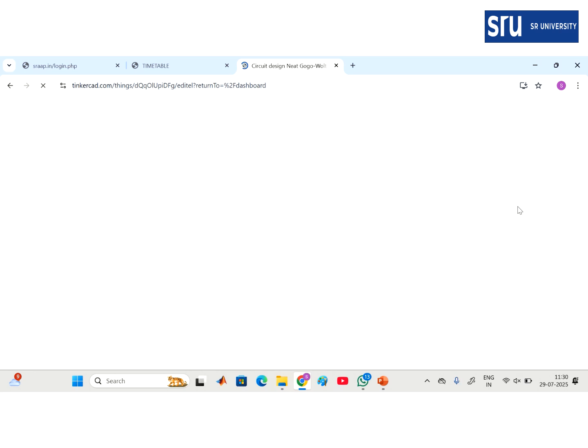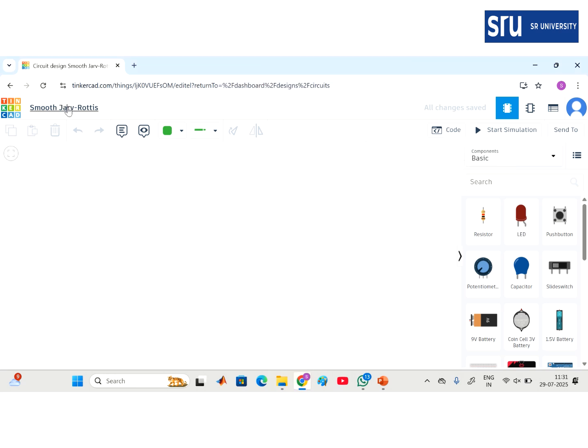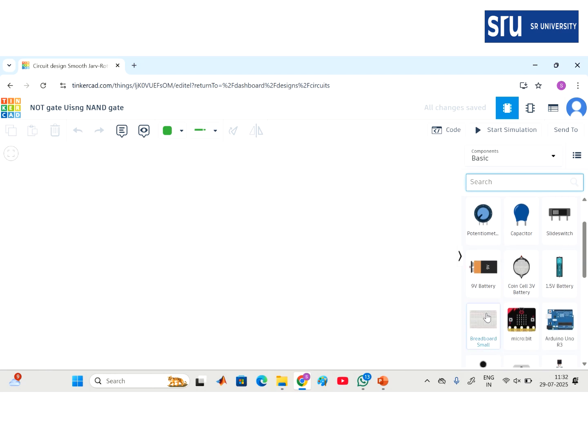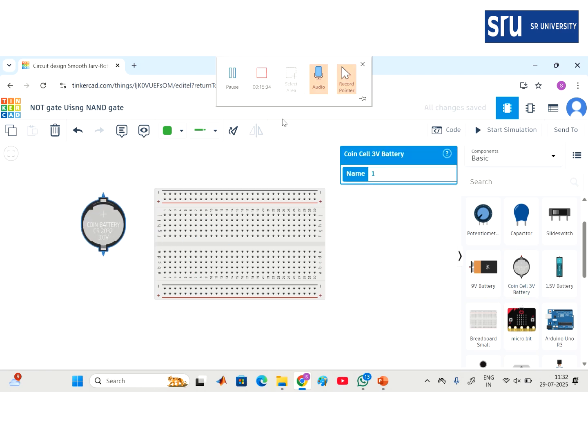Now I am opening a new circuit design to design the NOT gate. This is the new circuit I need to design. Here I am changing the name of this circuit to NOT gate using NAND logic. Right. The minimum component requirement is first a breadboard, so here I have taken a breadboard. Then I have to give a power supply, so this power supply I am using. Then I need